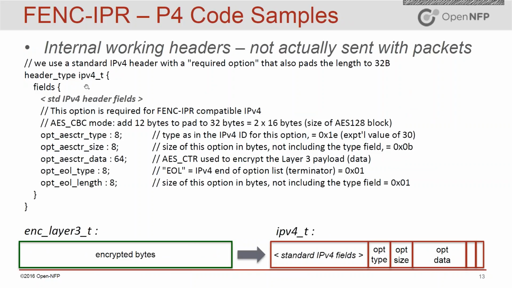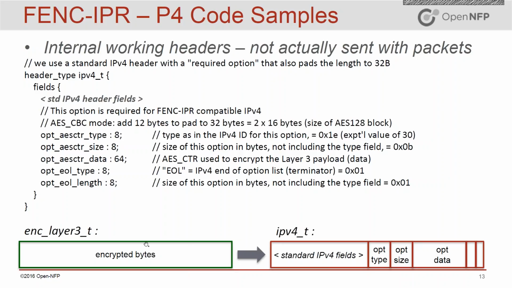The next internal working header is just a standard IPv4 header plus, right? I just didn't put all those standard fields in because there are plenty of examples out there for them, but plus the options. So the required option to pad it out to 32 bytes. So here, for an option for IPv4, of course, we need to type it, and then the data that's in that option, and here it's 8 bytes, and then the end of option identifier here at the end,